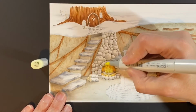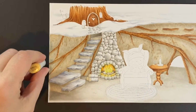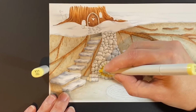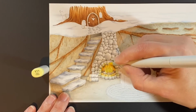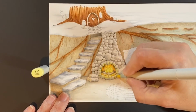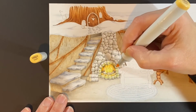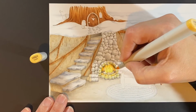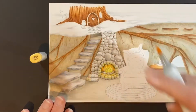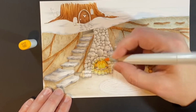You can see this glow is kind of coming out onto the hearth and the ridge of stones around the fireplace. And at first I thought this was too bright. It was looking kind of like it wasn't a nice glow. It was just on the stones. And I thought, how am I going to kind of incorporate this in more with the stones? And I know that we use the colorless blender not to blend, but I came in with a colorless blender, you'll see,